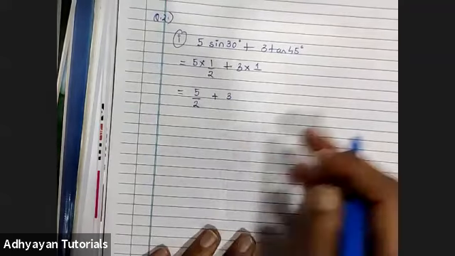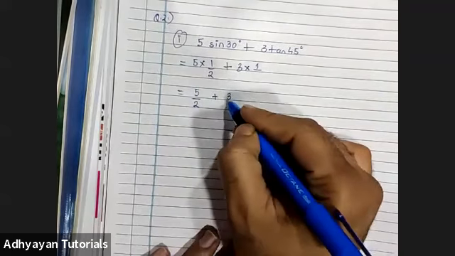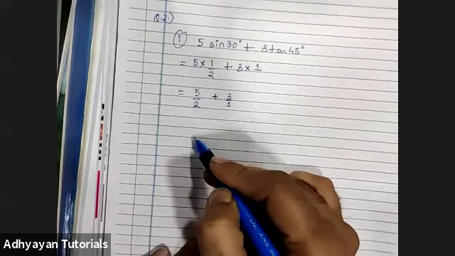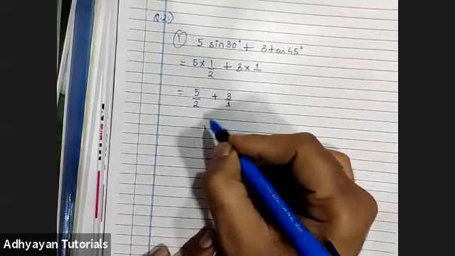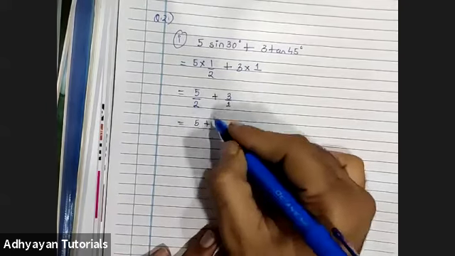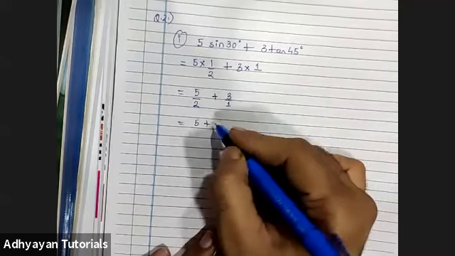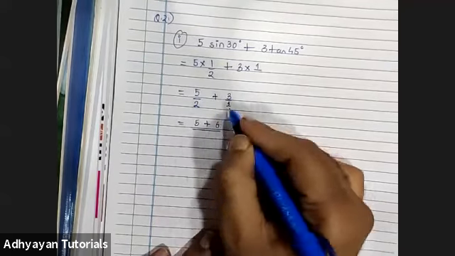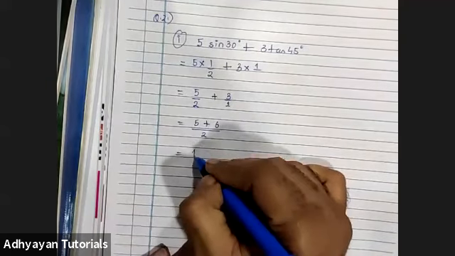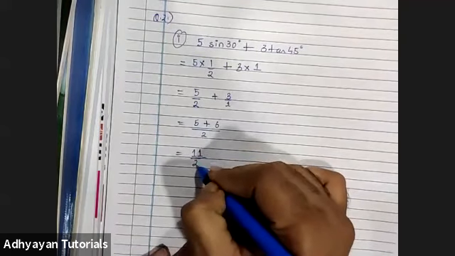Right? Yeah. So 3 के नीचे कुछ नहीं है, मतलब definitely there is a 1, and now you cross multiply. 5 into 1, children, the answer is 5. 2 into 3, my mistake. 2 into 3, children, the answer is 6. 2 into 1, the answer is 2. So 5 plus 6, the value is 11 upon 2.